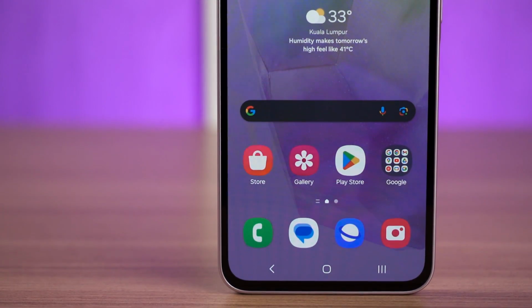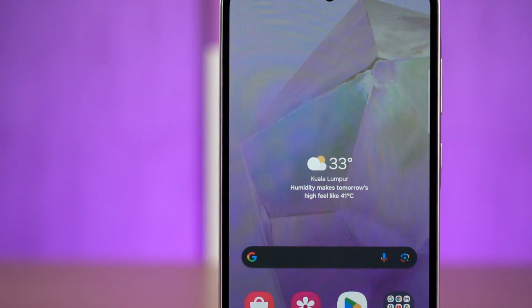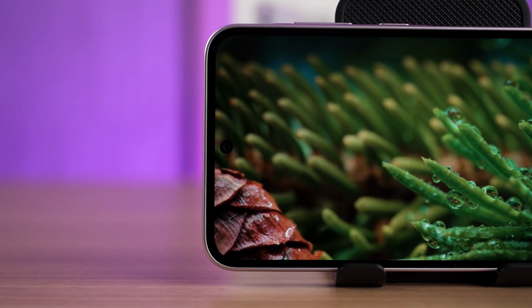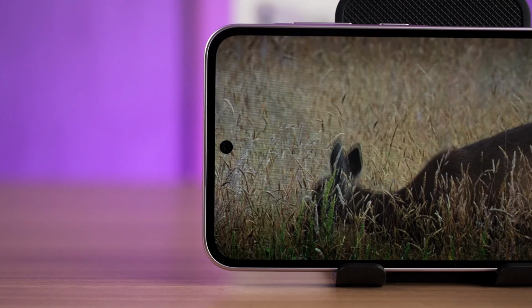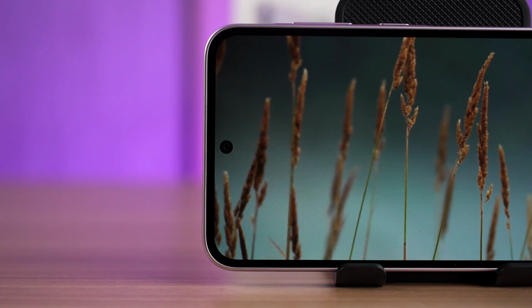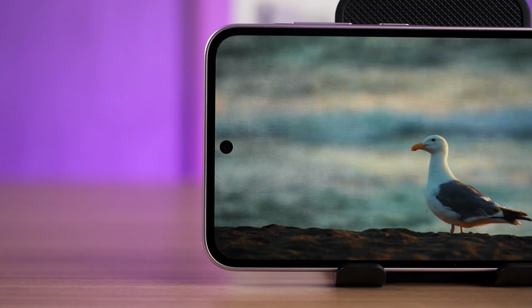Now, the screen is one of the major points of controversy because this phone's bezels are just real thick. I'd argue that it is better looking than the A34 with that V-shaped drop notch here, but if we're gonna compare with just the phones within this price range that you can buy today, then yeah, the bezels on the